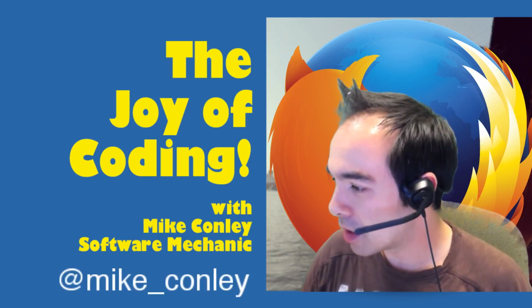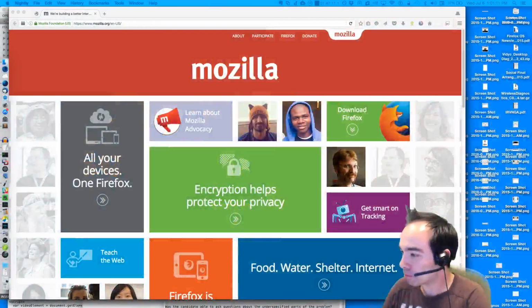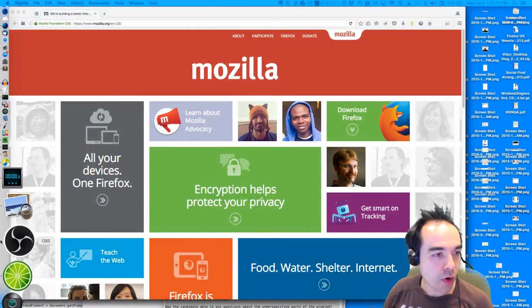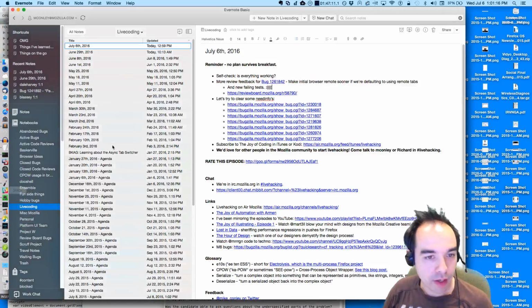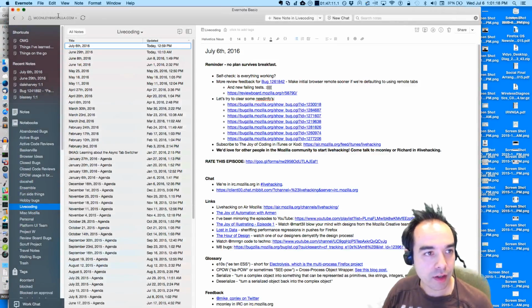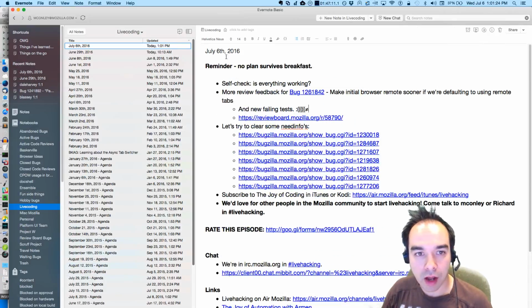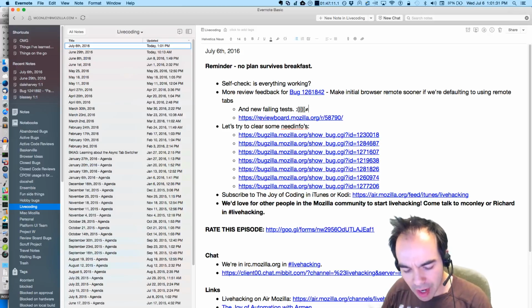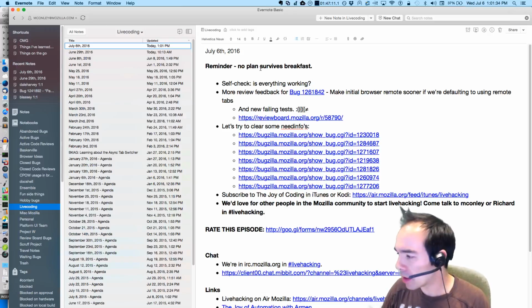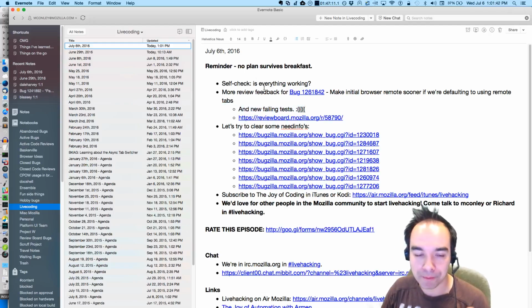What are we doing? Alright, switching to my screen. Okay. So, here is my Evernote with today's agenda. So, standard preamble. If you're new to this, you might not know this, but there is kind of a plan. There's not really a plan for what I'm hoping to do today, but there's kind of a roadmap. I don't really know how things are going to work out, but I just kind of try and stick as close to the roadmap as possible. And if we divert from the plan, that's okay.